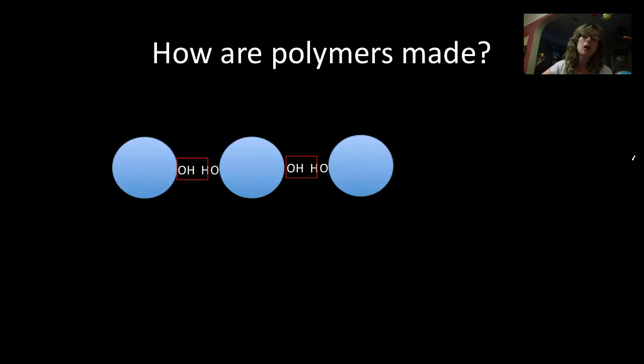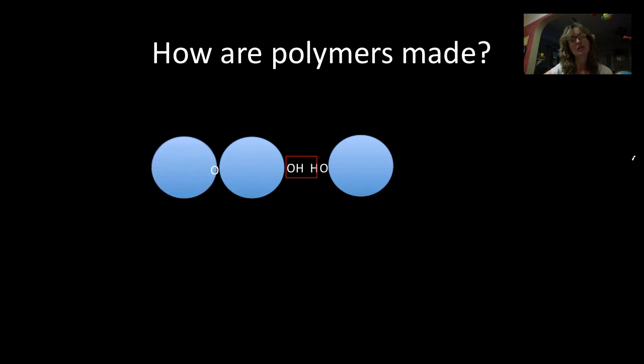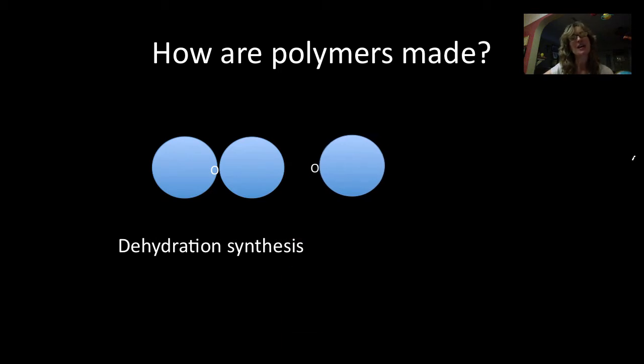Now, how do I make polymers? You know from building your models that if I remove an OH group from one monomer and an H hydrogen from another, I will be able to link the two monomers together. This process is called dehydration synthesis. Watch again. One hydroxide group, one hydrogen atom, and boom, I'm able to link the two monomers together, forming a